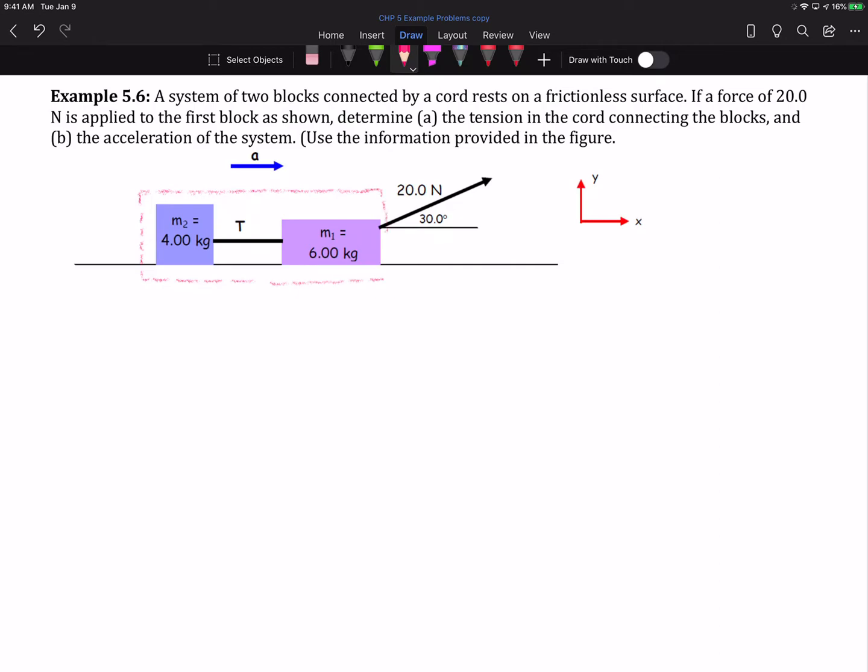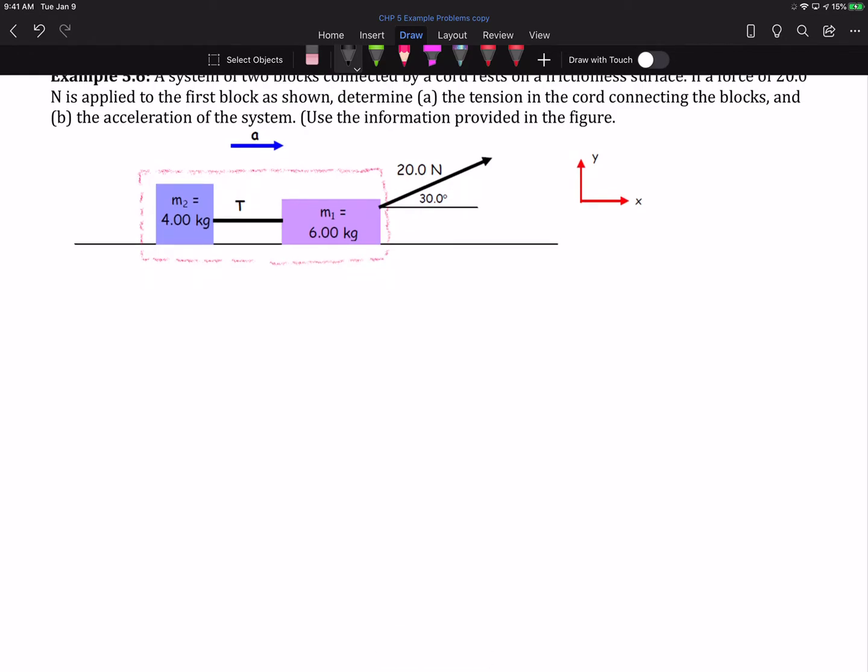So we can imagine that everything surrounded by the box that I drew is part of the system, and we can't really see inside that box. Everything going on inside there is internal to the system. The only thing external to our system is this applied force. And then, of course, the two blocks are in contact with the ground, and we have the force of gravity. So if I were going to look at this as my system,